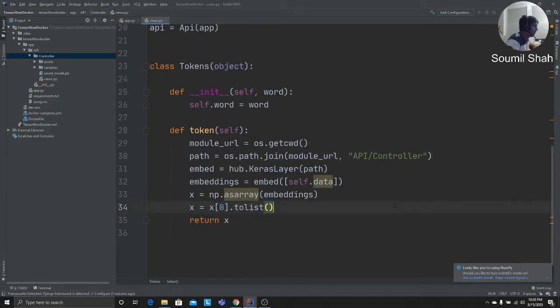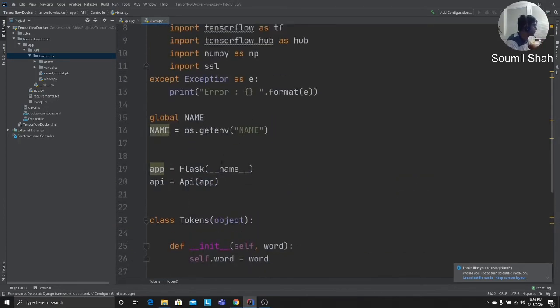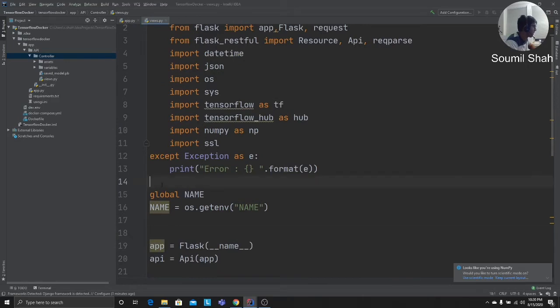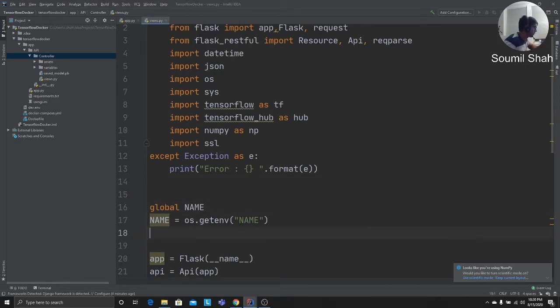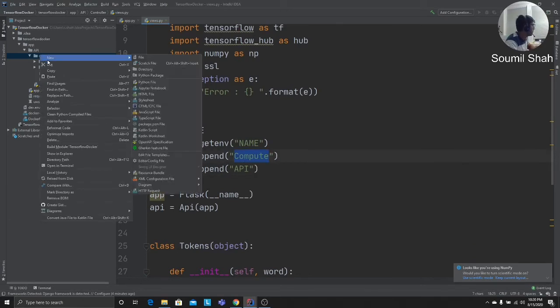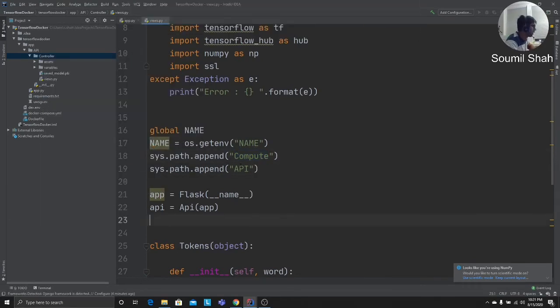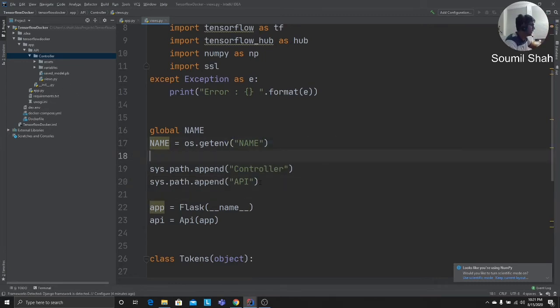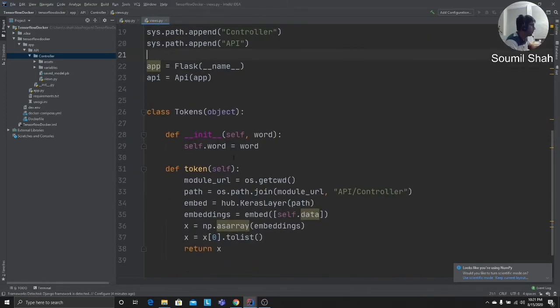Hopefully that works. I think I have tested out everything, so it should work. Now once that is done, one simple thing we need to do is a sys.path.append here just to make sure we don't have any errors. So I'm gonna add that. I'm adding the folder structure here, the controller, because usually you will have issues whenever the folders are nested. So you want to make sure it's there on the system path. Okay, so that's done.